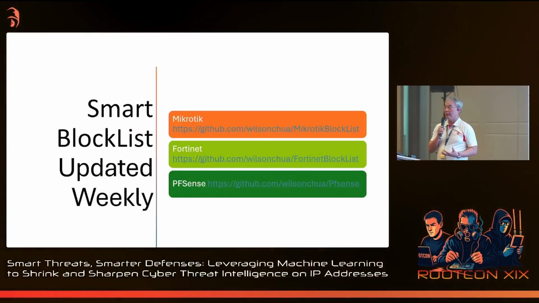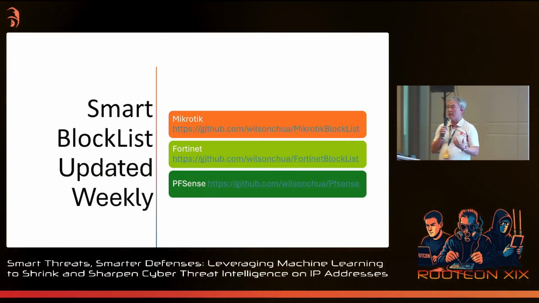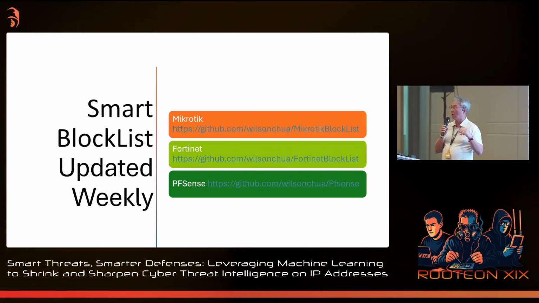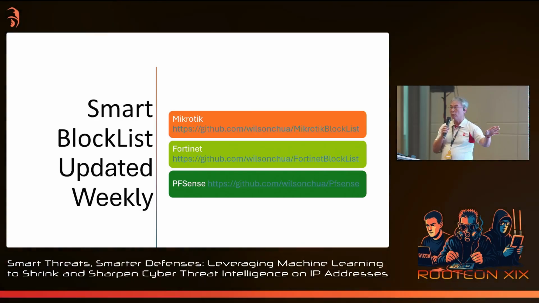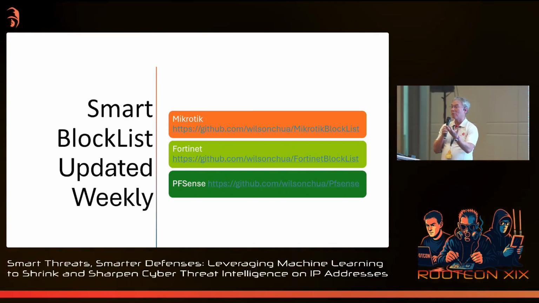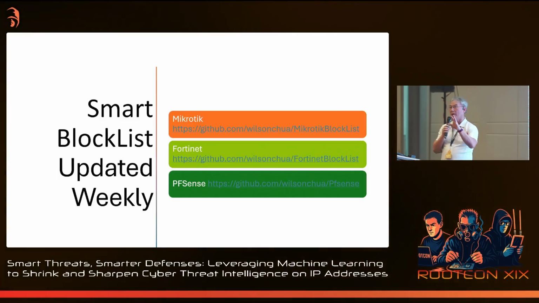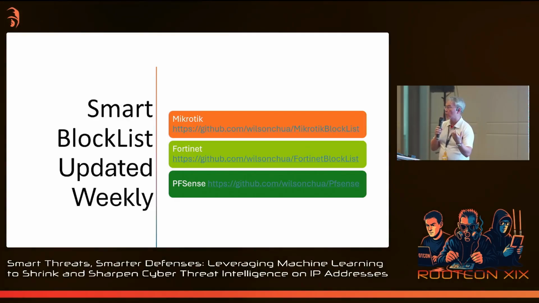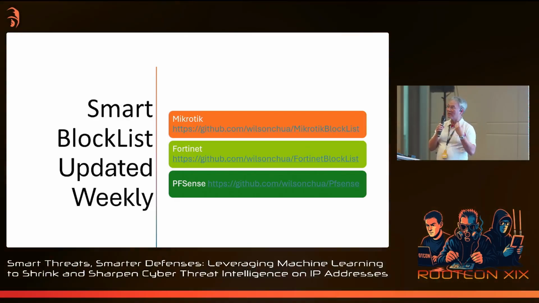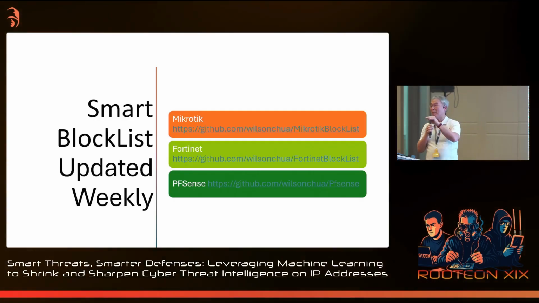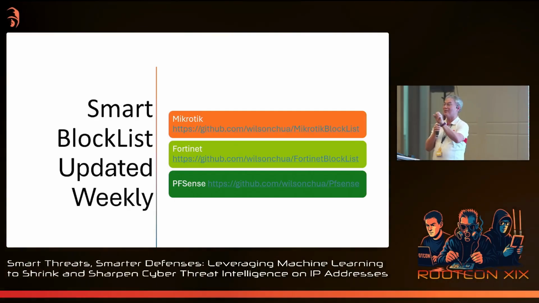Now, what we did privately is to open up those pre-formatted lists on GitHub. Free to use. I would be happy if you would provide feedback, like, oh, okay, you missed this IP, or this IP is a false positive. Help us make it better. So we have a ready-made list. All you have to do is download and run.